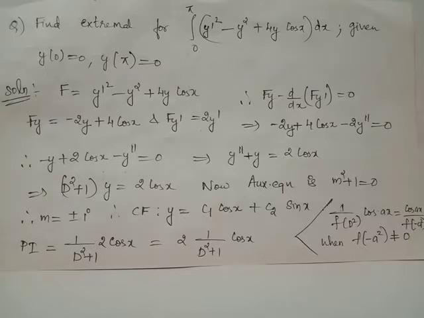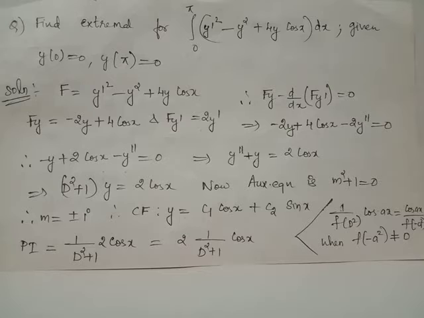In order to find the particular integral, we have to evaluate 1 by D square plus 1 on the RHS, 2 times cos x. 2 is a constant and it can be taken outside the operation of operator 1 by D square plus 1. So we have particular integral equals 2 times 1 by D square plus 1 applied on cos